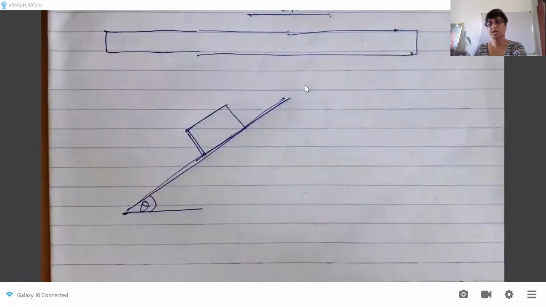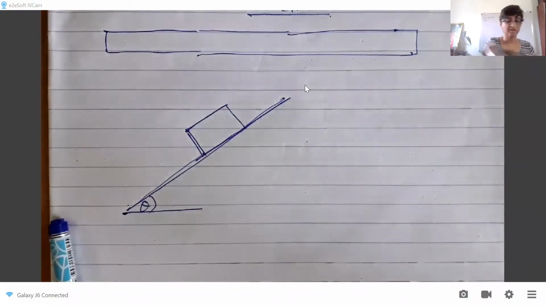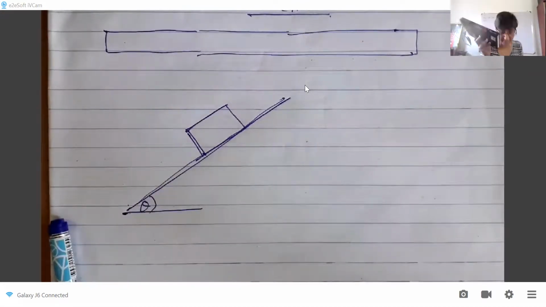Now, if the two surfaces are smooth, what would you expect this box to do? What would you expect to happen? So you take this smooth surface, which is slanted, and you take a smooth object and keep it on this. What do you expect to happen? Whatever the angle here, even if it has this very